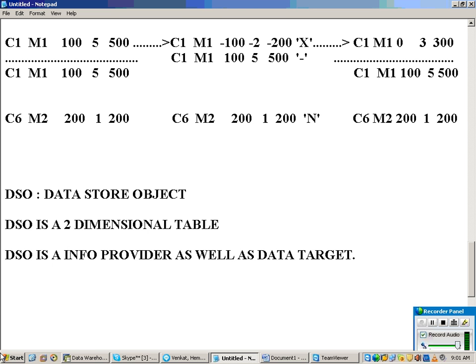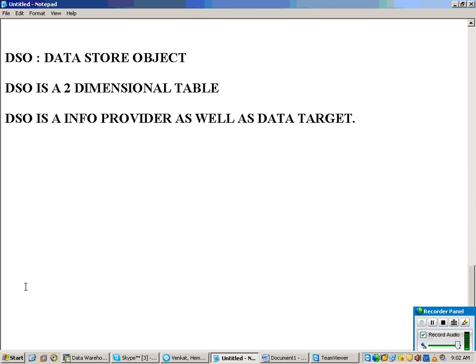Data target means objects to which we can load data are called data targets. That means on a DSO we are not only loading the data, we can also use this data for reporting purposes. Here the logic is clear.